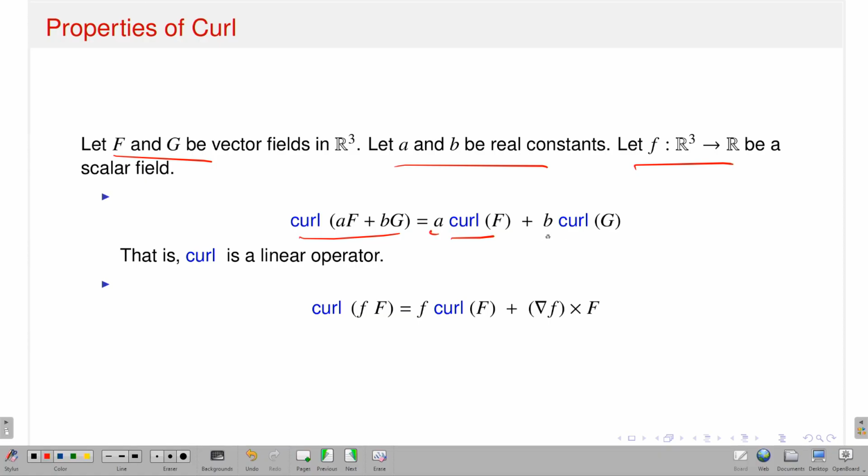You have curl of F plus B times curl of G. So that means curl is acting as a linear operator. Not only that, like in the divergence case, if I have a scalar field small f